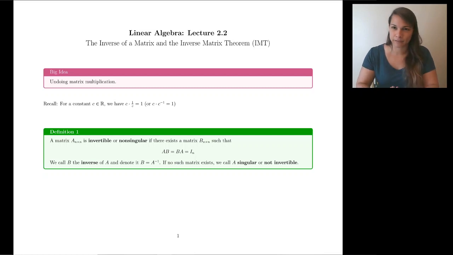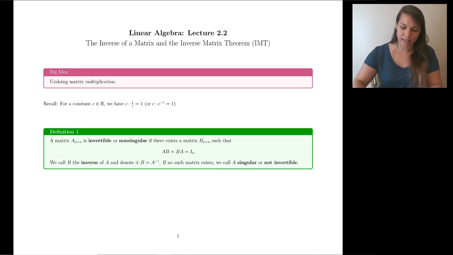We're going to get comfortable with matrix inverses first, and then we're going to discuss when and how to find matrix inverses in a second. Okay, so first definition. We've got a matrix A that is square, n by n. It is invertible or non-singular if there exists another square matrix B such that we can multiply it on either side of A and get the identity matrix. We call B the inverse of A and denote it B equals A to the -1 power. Shocker. If no such matrix exists, we call A singular